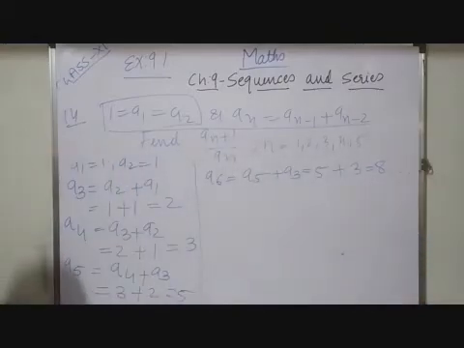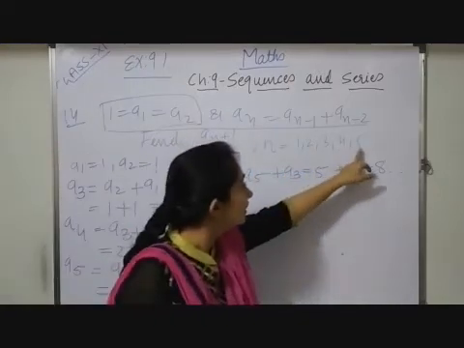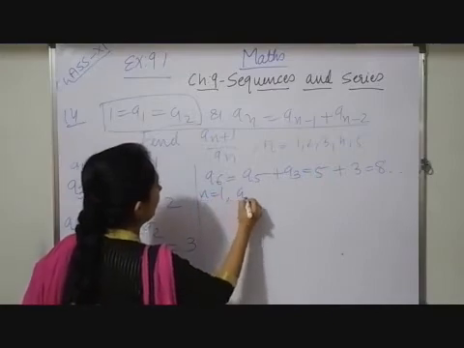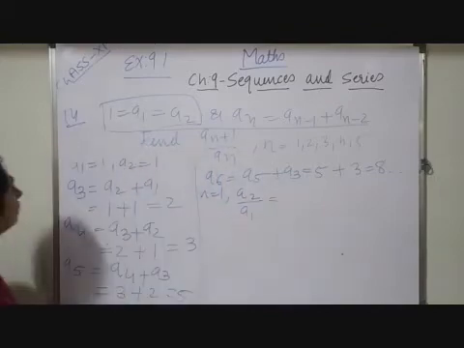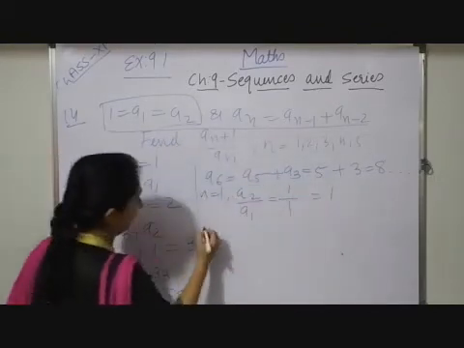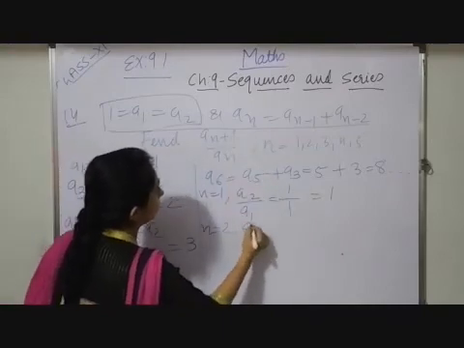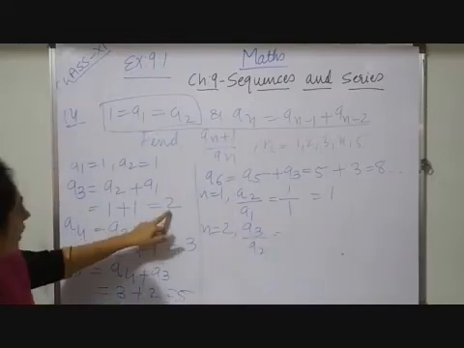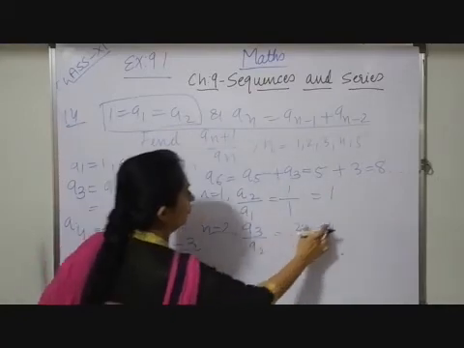Now here, after getting this, I have to find out this ratio. Up to how many terms? 5 terms. So if I choose n equals 1, I get a1 plus 1, that is a2, upon a1. The a2 and a1 terms are both known to us, so 1 by 1, here I am getting 1. When I take n is equal to 2, I will get a3 upon a2. The a3 term I have calculated as 2 and the a2 term is given as 1, which is equal to 2.